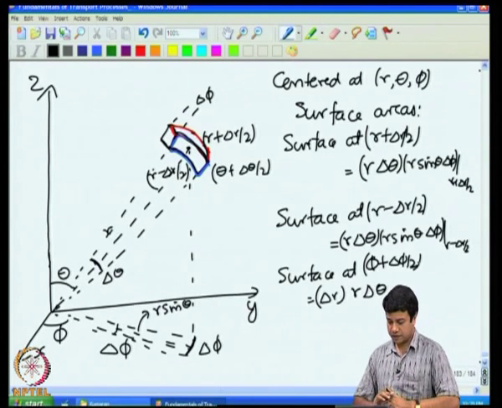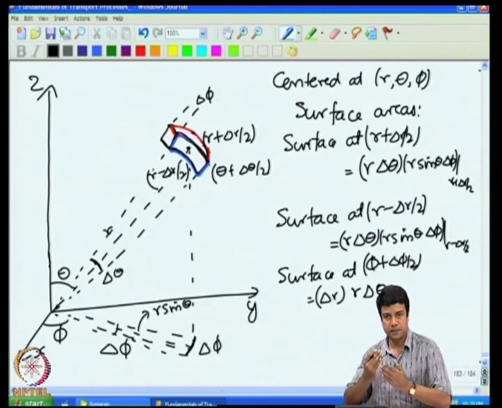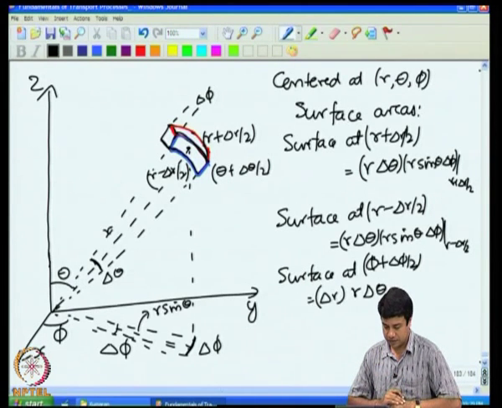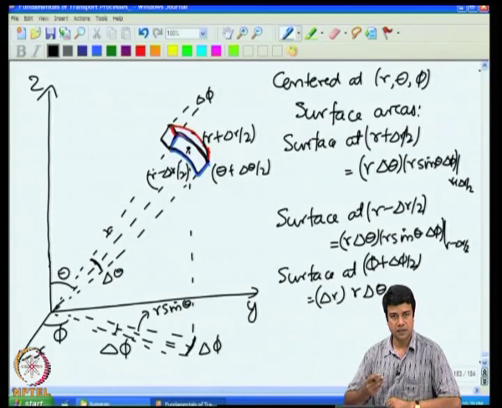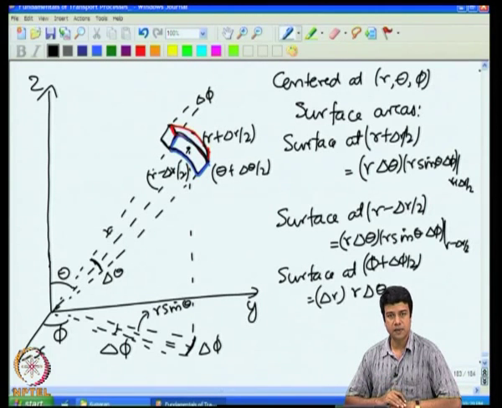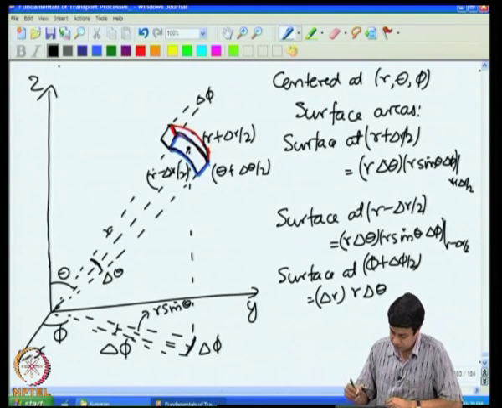Okay, there is the front surface and the back surface. These two are separated by an angle delta phi. And for these two surfaces, the front and the back surfaces, which are separated by an angle delta phi, they are perpendicular to the phi direction, perpendicular to the unit vector in the phi direction. And therefore, the surface